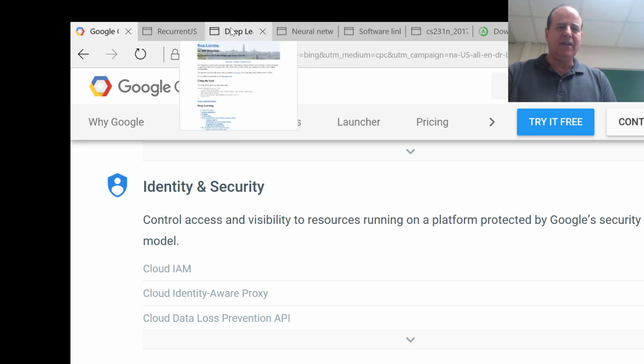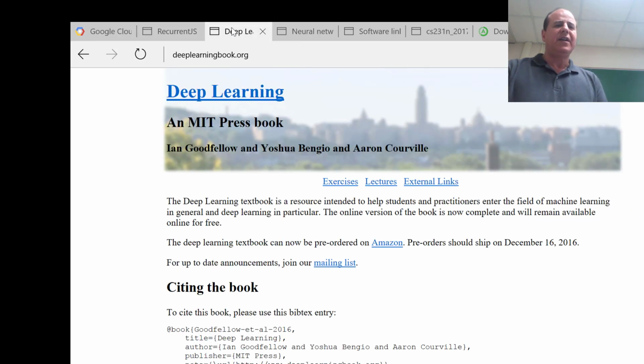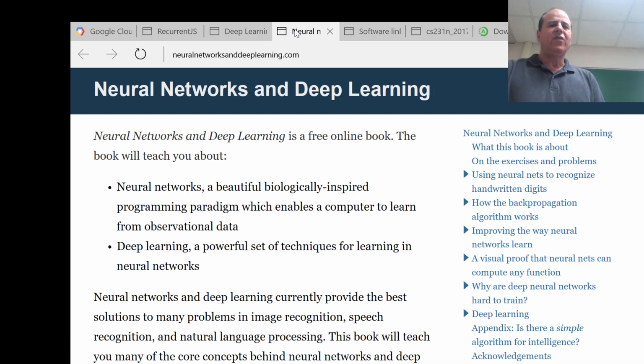So here's basically the deeplearningbook.org. You can look at the latest information. Here's the neural network and deep learning textbook, which I think this person has been working on for 2 years and done a good job in starting from scratch. And he basically walks through